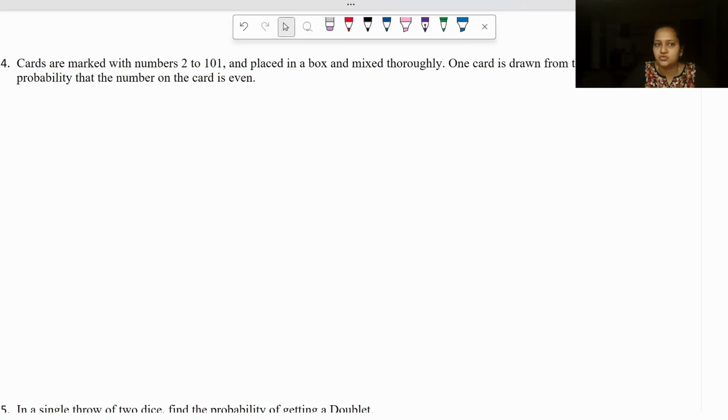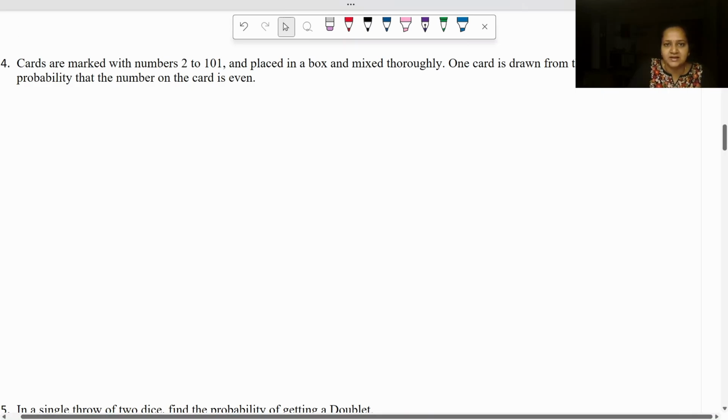Cards are marked from numbers 2 to 101. That means when we count from 1 to 100, we have 100 cards. 1 to 101, we are going to have 101 cards. Out of those 101, the first card, 1, has been removed. So we have how many cards? We have 100 cards. If we go to write this, we can say that the number of cards